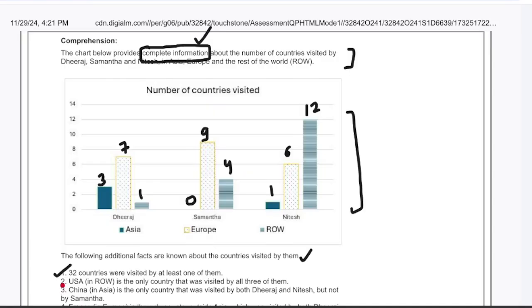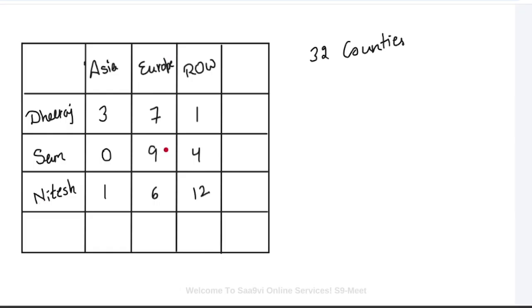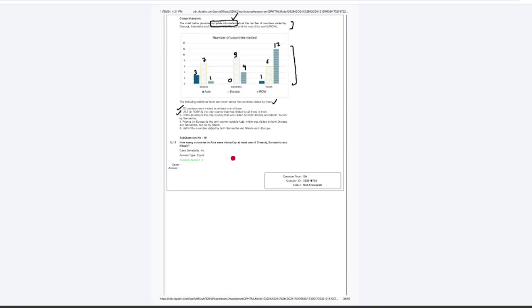The next information, USA in rest of the world is the only country that was visited by all 3 of them. The USA is the only country. That means no other country was visited by all of them. So this one country which we have for Dheeraj, this is definitely USA. And the number only is 1. Here also we have 1 country out of the 4, USA. And for Nitesh also we have 1 country which is USA. The next information,